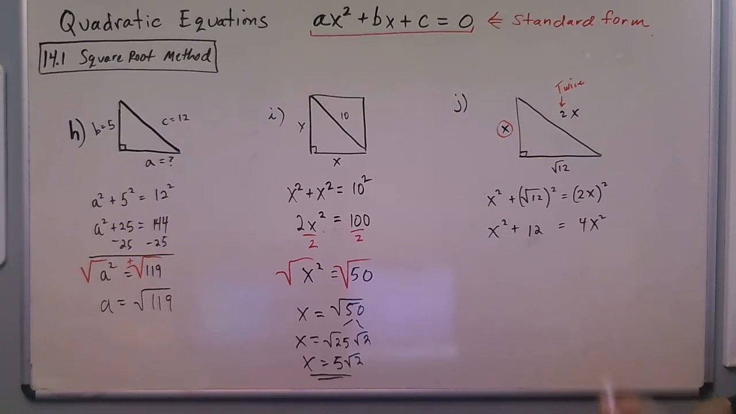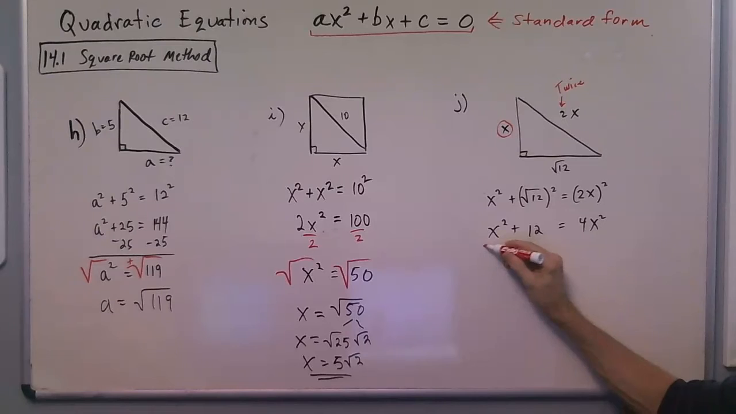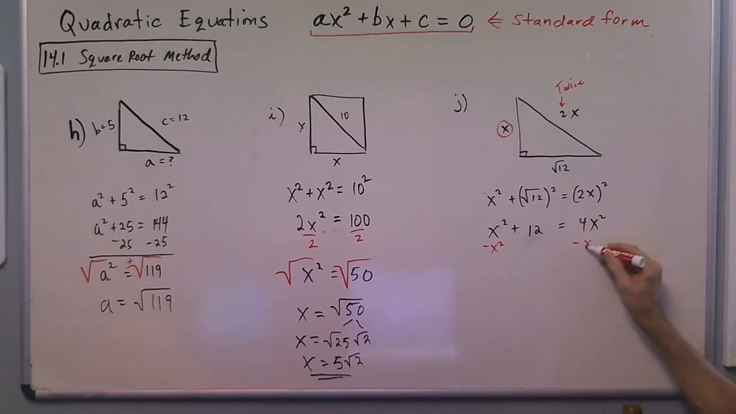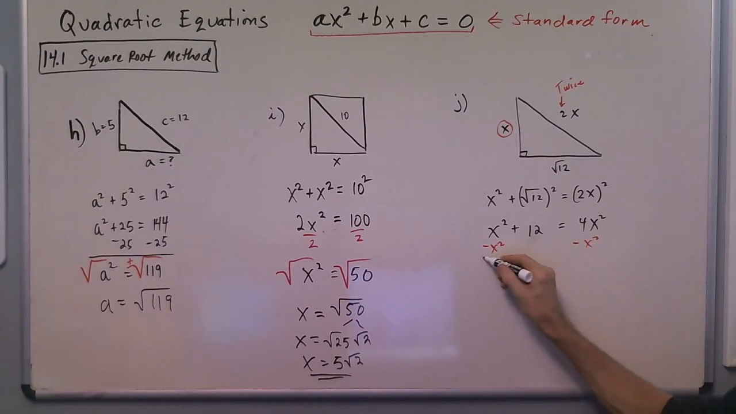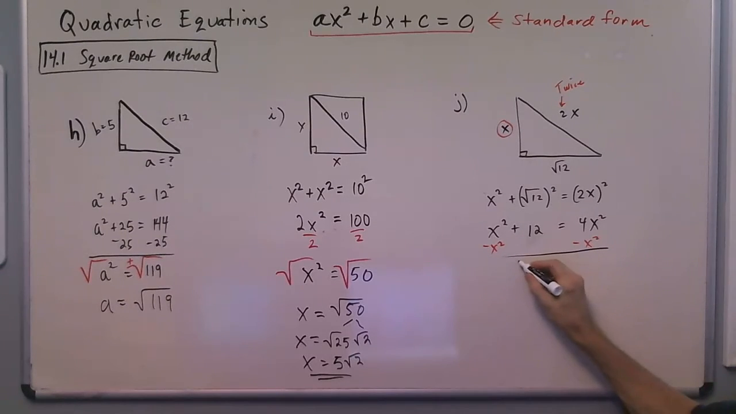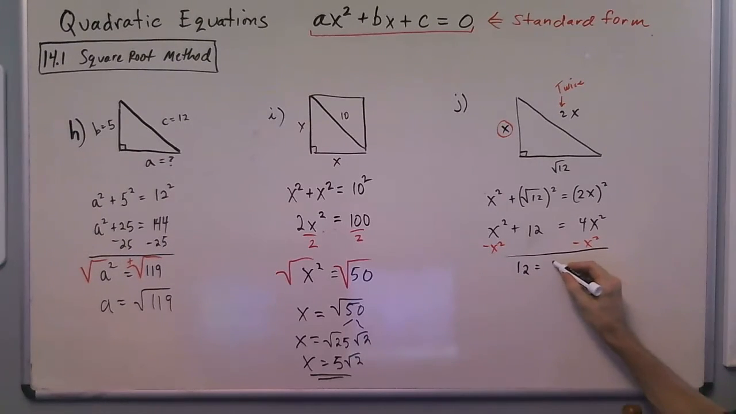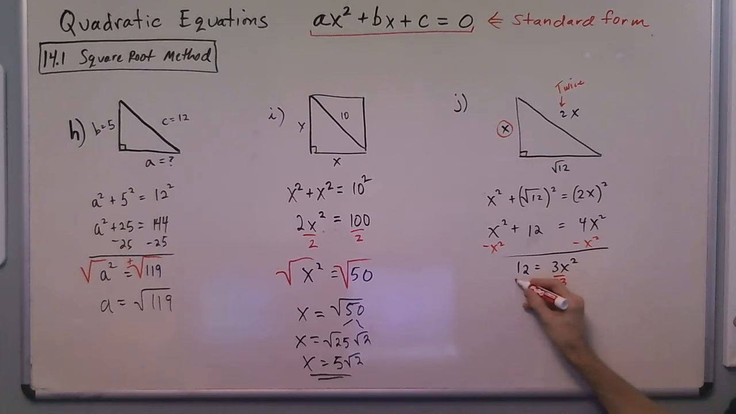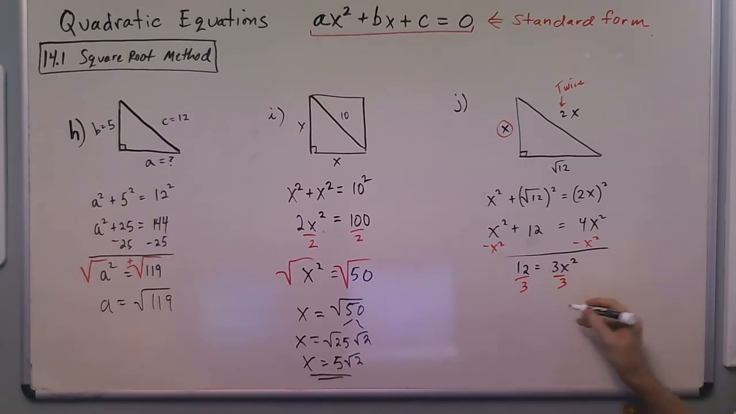and one thing students forget to do here is to square this 2 and make sure to get the 4 there. So at this point, I'm going to subtract x squared. That's going to isolate my squared term. So I have 12 is equal to 3x squared. Then I'm going to divide by 3 to get x all by itself, or the x squared,